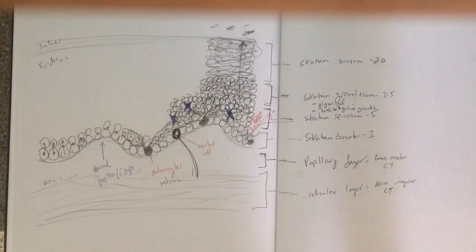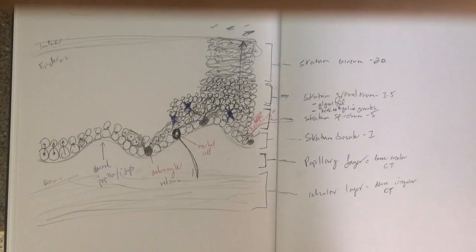Now, if you think about it, this is what gives skin its toughness. If you're wearing leather shoes, that leather is the skin of a cow, it's the skin of a mammal, and that toughness of the leather, you're looking at that dermis, right? The dermis, that dense irregular connective tissue, all those collagen fibers, that's what makes that leather so tough. It gives you a material that you can make shoes out of, put on your feet for protection. So that's what makes the skin so tough. And again, both of these layers of connective